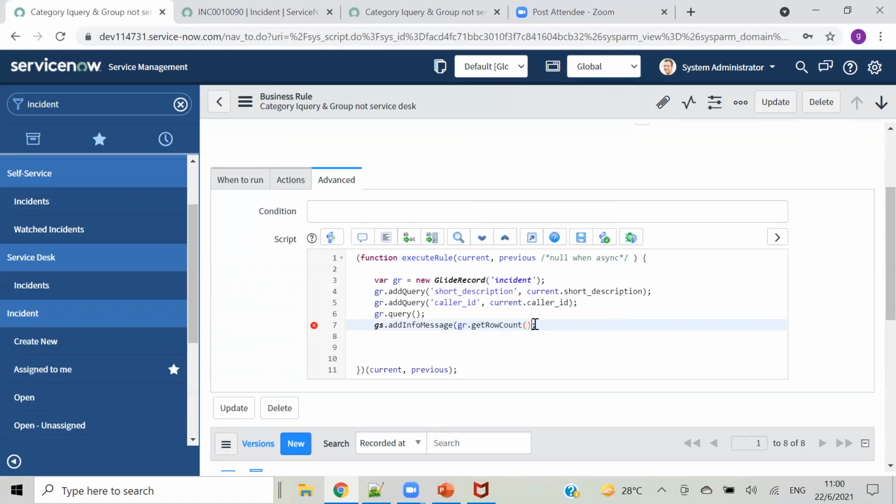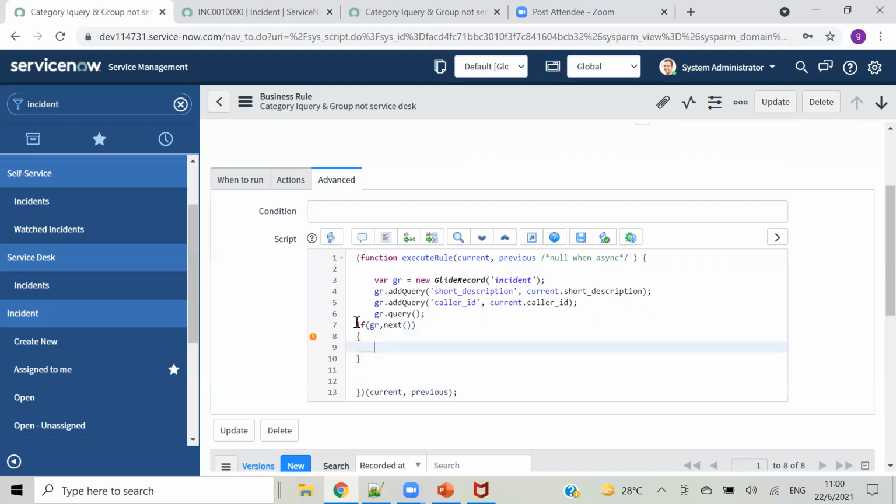Here it is. Okay, so now what was our condition? We should abort inserting when this condition is matching, right? So if, and I will explain this also line by line, gr.next().